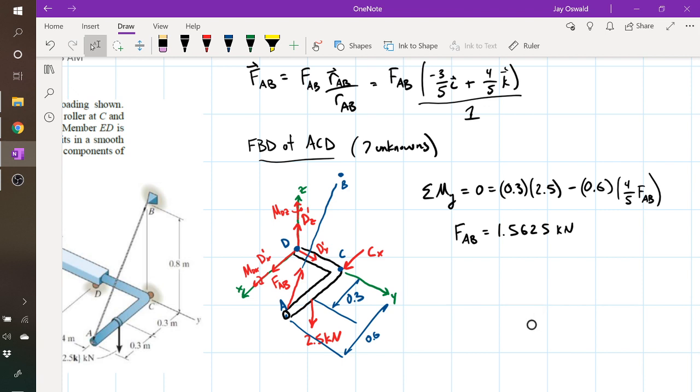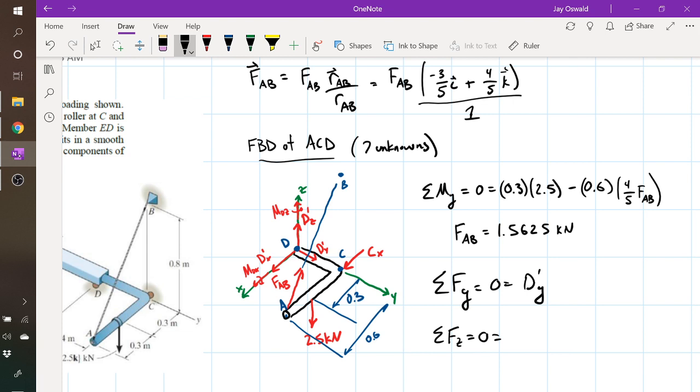Okay, so that gave us FAB. Is there any other low-hanging fruit that we can get out of this? And dy. Okay, dy was super low-hanging fruit, so we'll take what we can get. So the sum of forces in y is equal to 0, which is equal to dy prime. Get forces across the z. Yeah, so can we get forces in z? Yes, we can, right? So if we do the sum of forces in z is equal to 0, that's equal to,